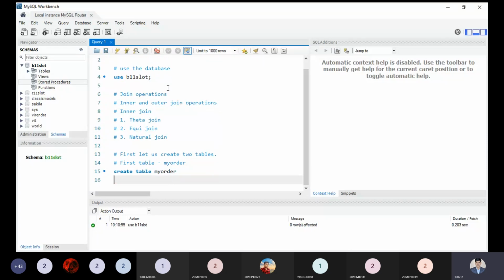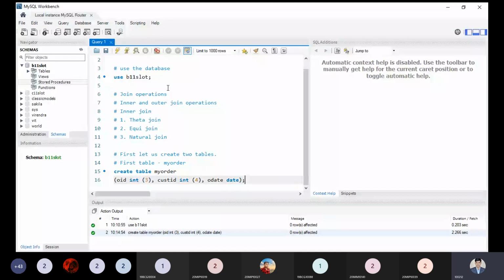And what are its attributes? Create table, table name. We have to write the OID, which means order ID, and I'm taking order ID as an integer, so 3 digits I can take. Next, I'm taking the customer ID, so 4 digits you can take. And last, I'm taking the O date, that's order date. Now, after executing this code, you will be able to see that the table is created without any doubt.